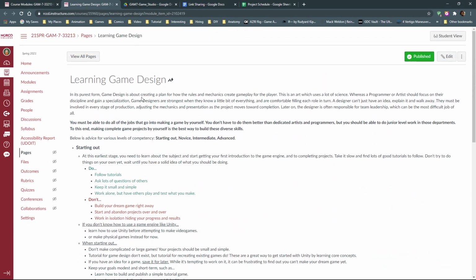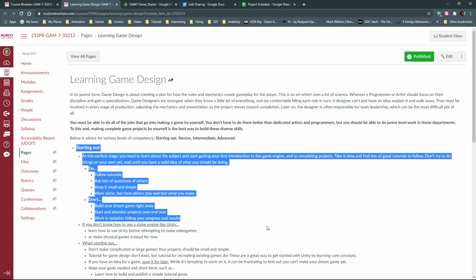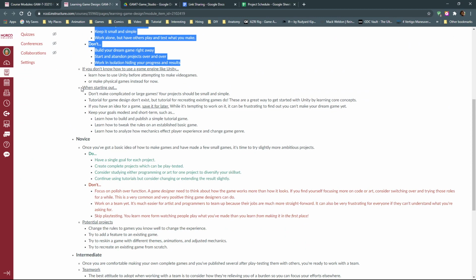Each one of these has, to the best of my knowledge, advice. If you are within this discipline and fairly experienced and you take exception to something I've said, talk to me about it, because I'm not entirely sure if everything I'm saying outside of the art discipline is completely sound. So I'm open to debate and changing this a little bit. I've just done my best to take my best guess, based on what I've experienced, of what you should probably be doing. I talk about what game design is, what you should probably do and not do starting out, and then what sort of projects you might want to be attempting.